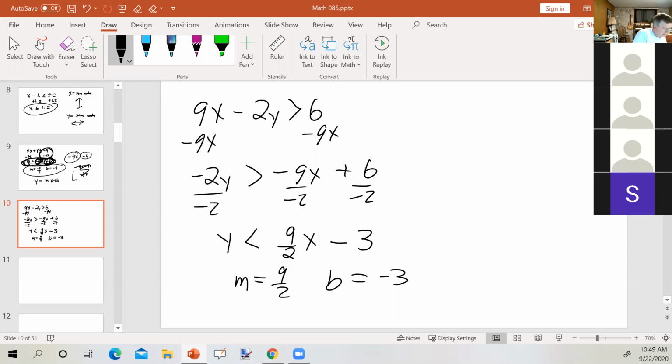In fact, let's see, 3.5 is where the idea of slope-intercept form is introduced. So if you wanted to do some review on your own with that concept, that's where you'd find it. Anyway, okay, so I've got a slope of 9/2 and a y-intercept of -3. And now let's go back to